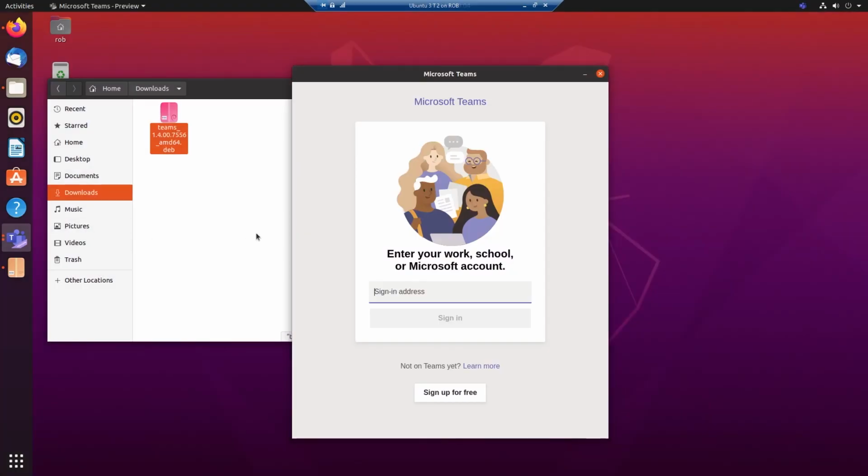So all you need to do now is set up and configure Microsoft Teams, which I will show you in a different video. But for now, you install Microsoft Teams, you add it to your quick select bar, sign in, fill in your password, and that's it. So let's start on the next video.